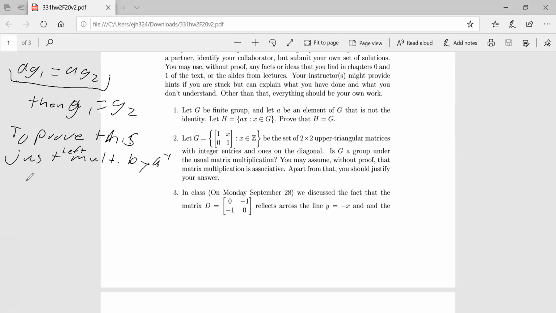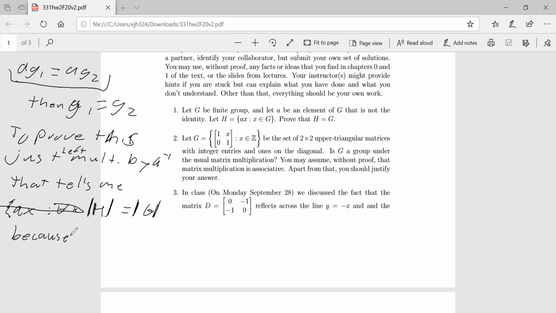That tells me that AX for all X tells me that the cardinality of H is going to be equal to the cardinality of G, because AX will produce a distinct element of H